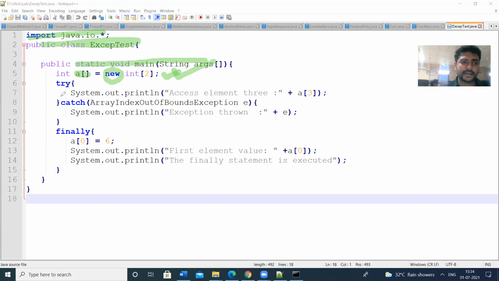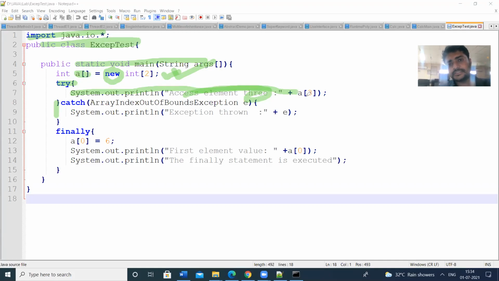Next, here I am using the try block. That means there is a possibility of getting an exception in this statement. That's why I have placed this statement inside the try block. Here I am going to access A of 3.